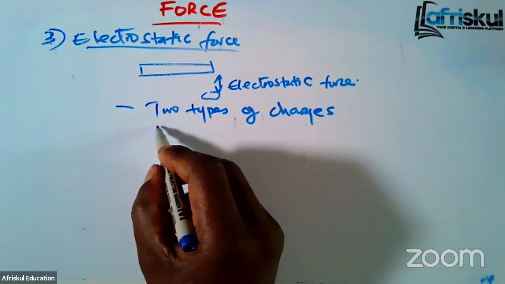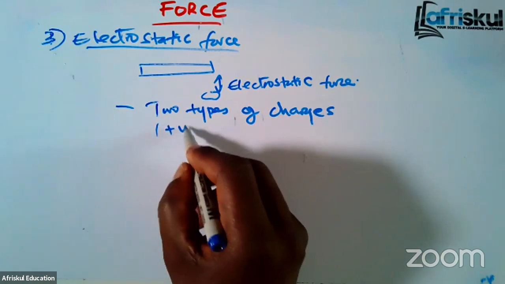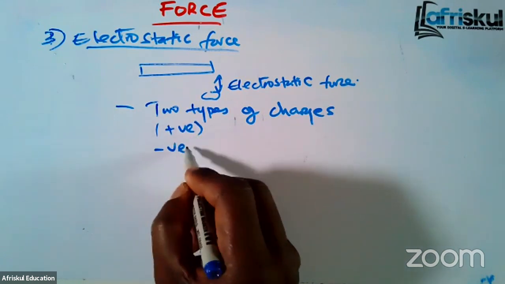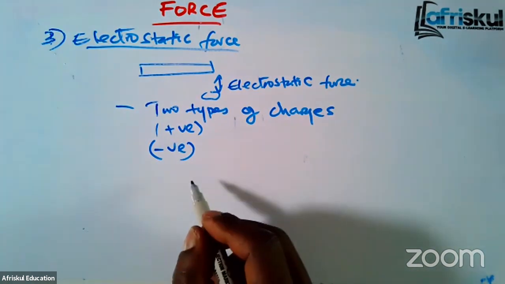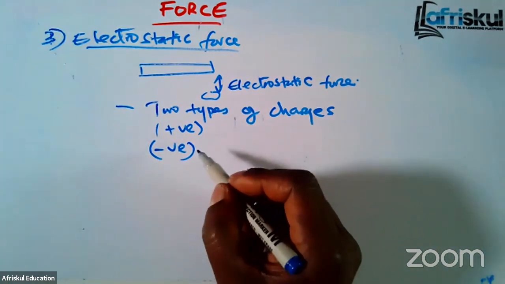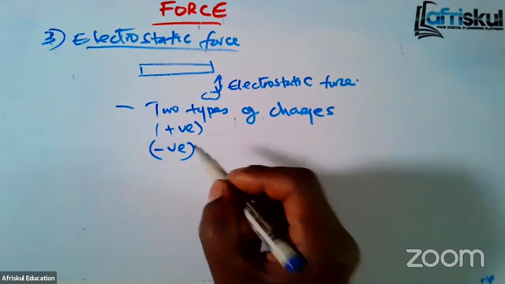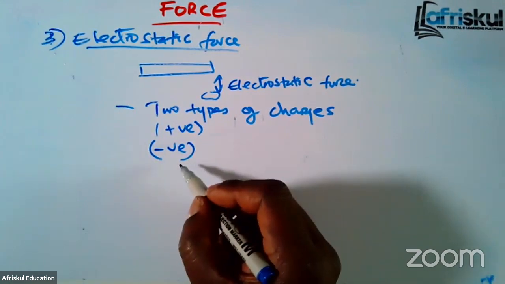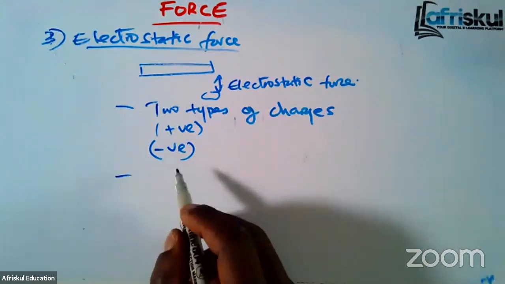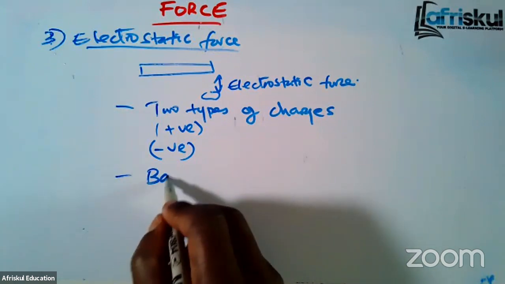And for lack of a name, we will just call one of them positive, and the other type, we call it negative. And now you find that positive will attract a negative charge, but a positive will repel a positive charge, and a negative charge will repel a negative charge. So out of it, we get what we call the basic law of electrostatics,